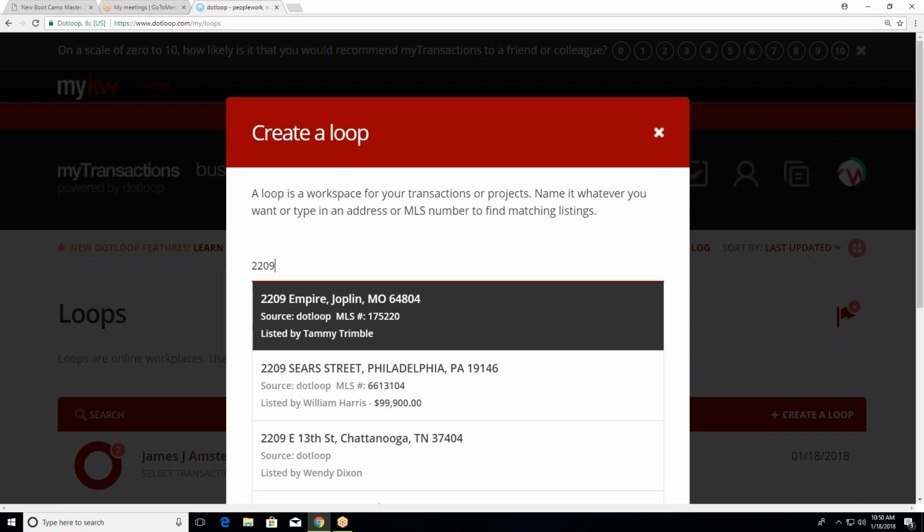And you'll see just by typing in 2209, it gives me options. And what you see here on this page, right, you see the property address in Joplin, Missouri. It says source dotloop, MLS number, and listed by. So this means there's a dotloop user in Joplin, Missouri that has this listing and has put information about this